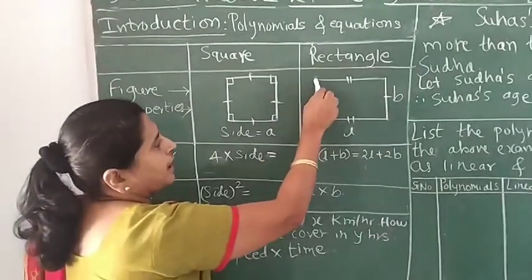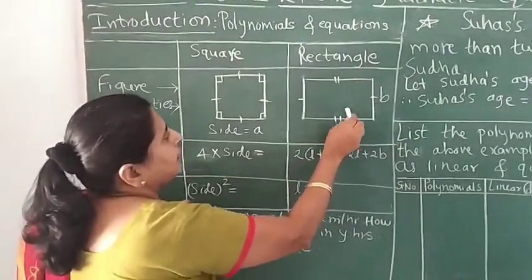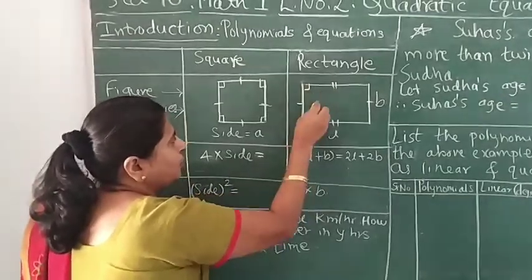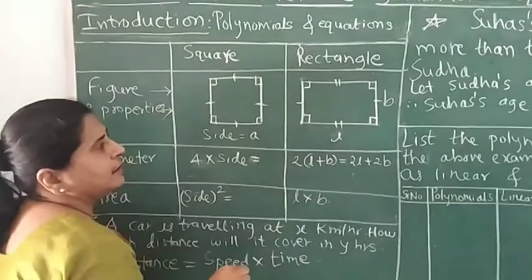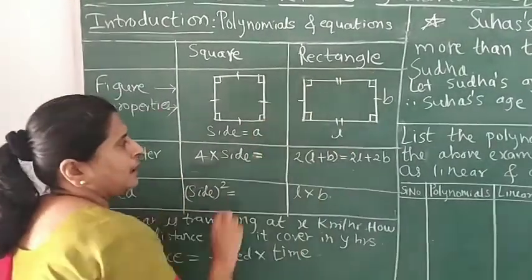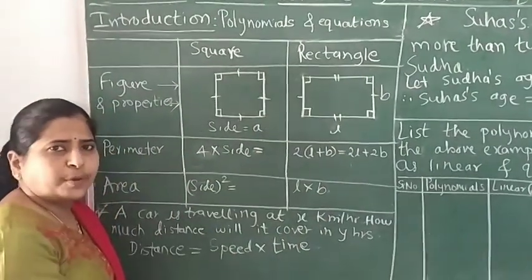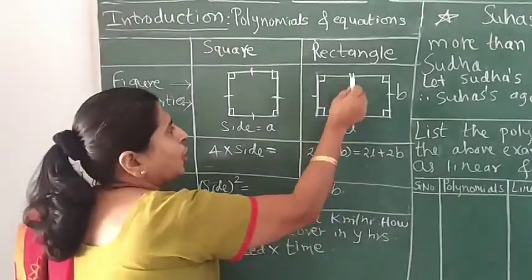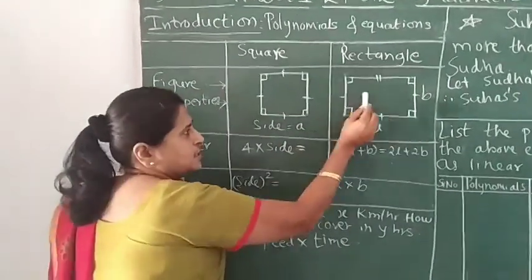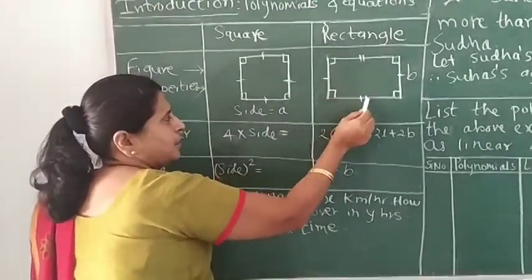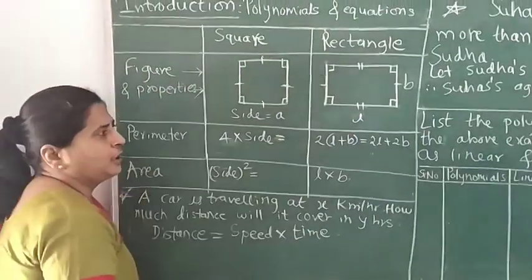And this is a rectangle. In a rectangle, the condition is only that each angle of the quadrilateral is a right angle, then it is called a rectangle. And what additional properties do we find for a rectangle? All opposite sides of the rectangle are equal. So these two opposite sides are equal and these two opposite sides are equal. Of course, these two are not equal.